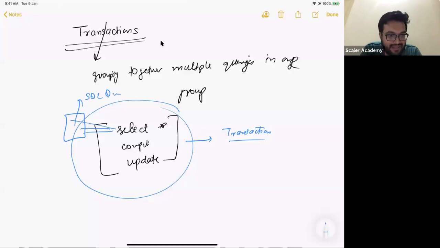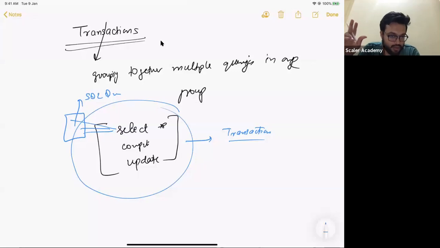People, is it making some sense? So one abstraction that the DB does automatically for you is that all the fundamental operations that are happening, it will group them for you and tell you that this is one kind of SQL query that you can perform, a select query. Now, for complex applications that you try to build, that is not enough. You would want some more kind of abstraction, some more kind of a wrapper around things. And that is when DBs allow you to define transactions.